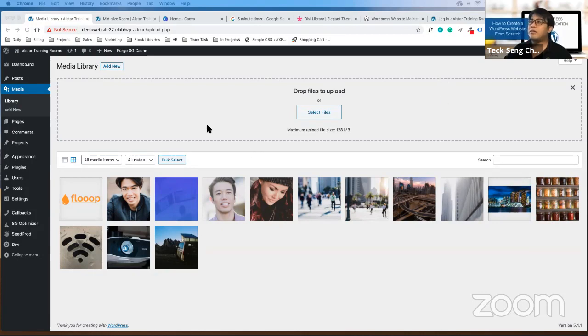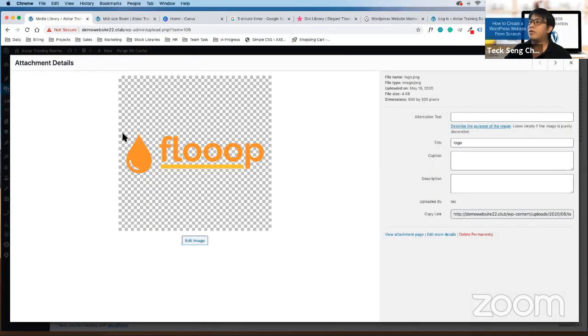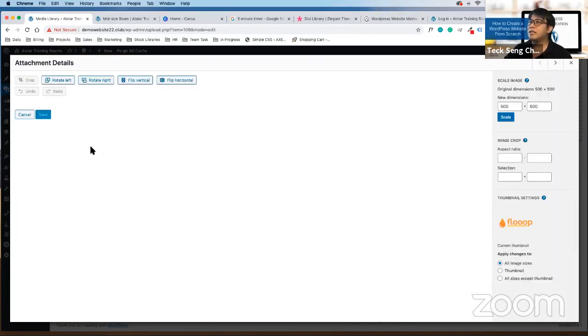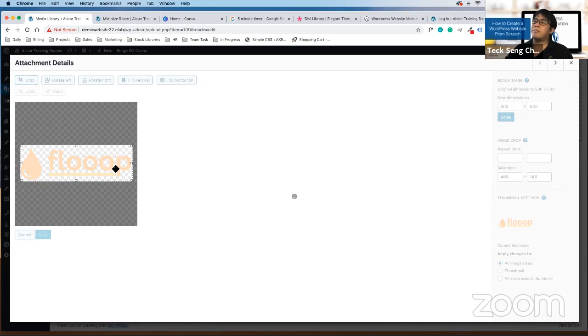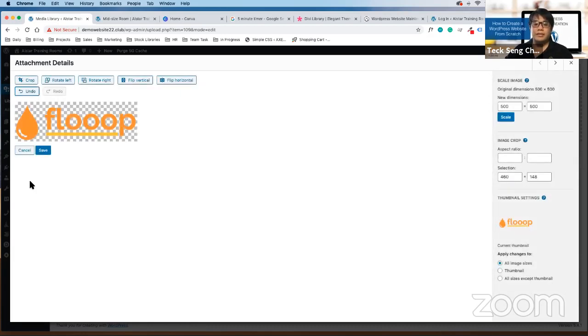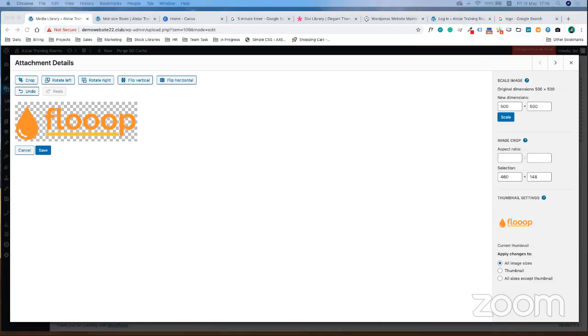Same thing. We are going to crop for logo wise. We are going to crop and remove all the sides. So edit the image. This time it's going to be quite simple. Just crop away the sides of it, so you only leave a bit, no sides.